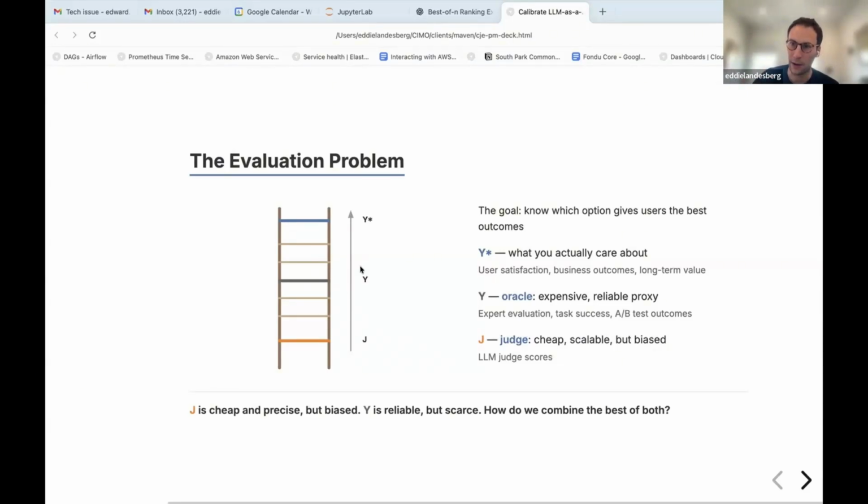The way I think about LLM-as-Judge within this framework is that it actually lives further down the ladder. It's something much cheaper than running an A/B test and collecting signups. So the question becomes, how do we use the data that's available? How do we use the judge along with a more expensive measurement, for example humans, to learn about the effects we're having on the thing that we care about?